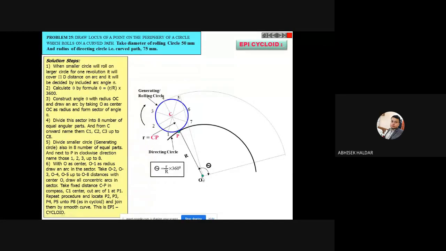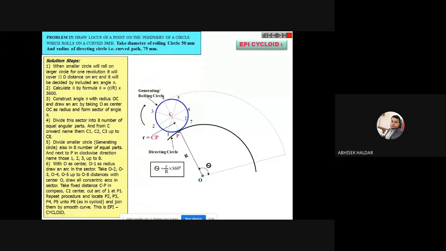Now you have to take that angle with the help of your protractor, the 360 degree protractor you are having. So you just have to fix it and draw this line. That means up to this I have to work. This is my initial position and this is my final position. That means this point P will again come back to this point after one full revolution.